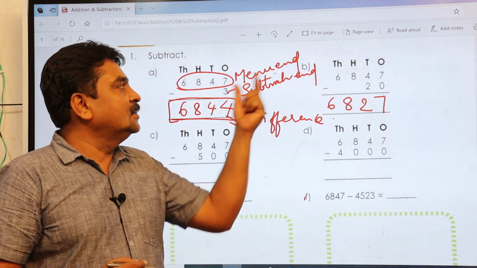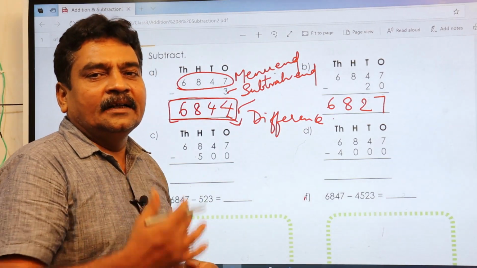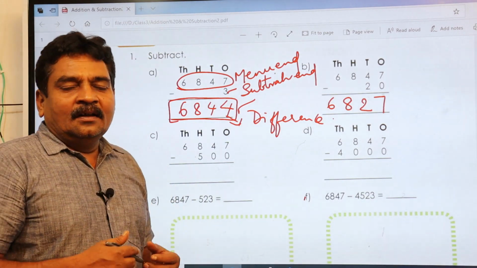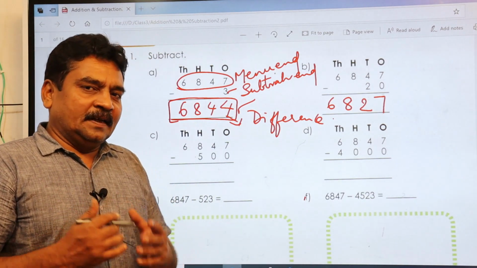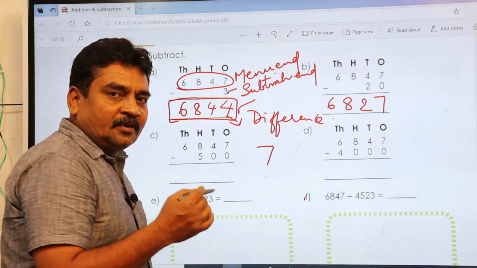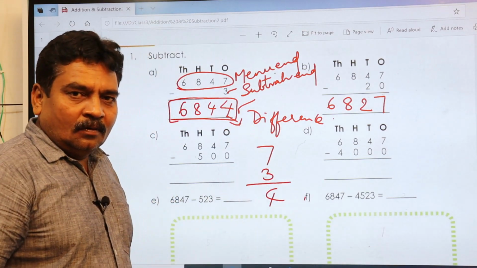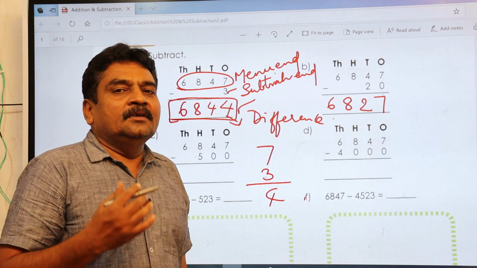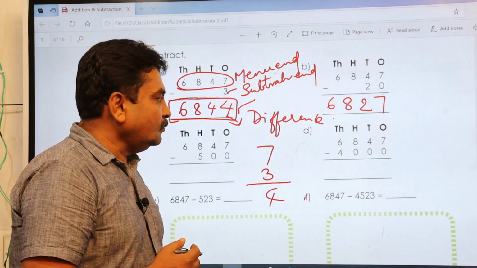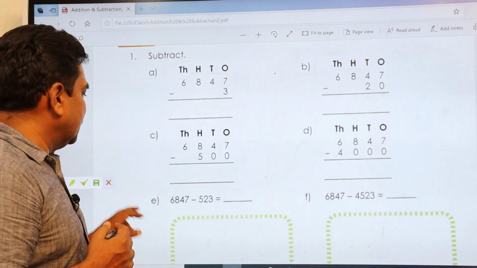This is the terminology we use internationally. These kinds of words you come across while writing competitive level exams. The minuend is 7, the subtrahend is 3. What is the difference? Think about it. Minuend is 7, subtrahend is 3. What is the difference? The difference is 4. In that way the terminology works in competitive level exams. Hope you people have understood this. Let us go to the next.